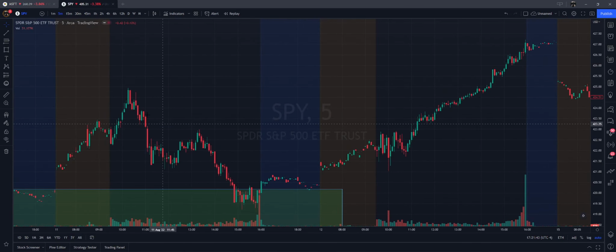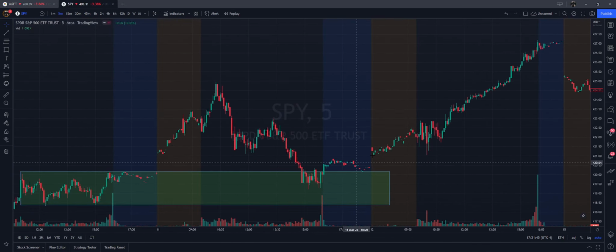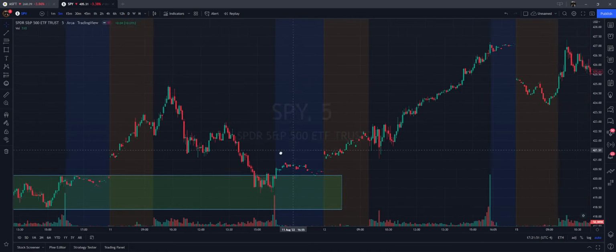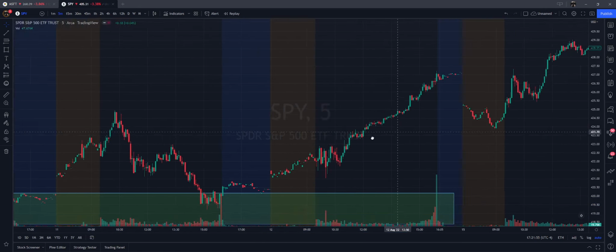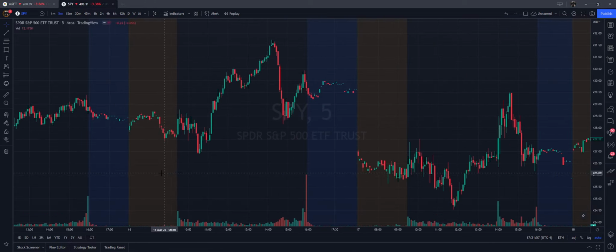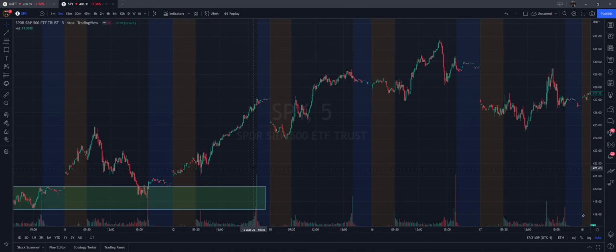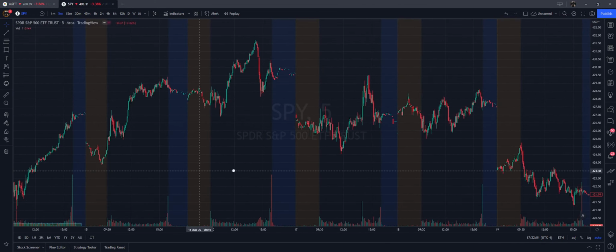So you wait until it comes back to the demand zone, and look what happened. It creates a double bottom. So the demand zone is very valid, and it comes back up. And then now we have another demand zone